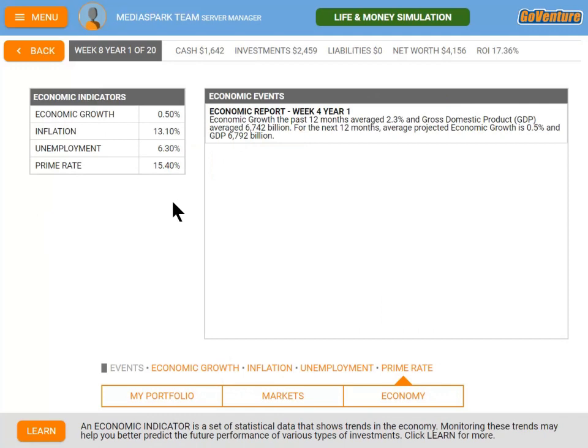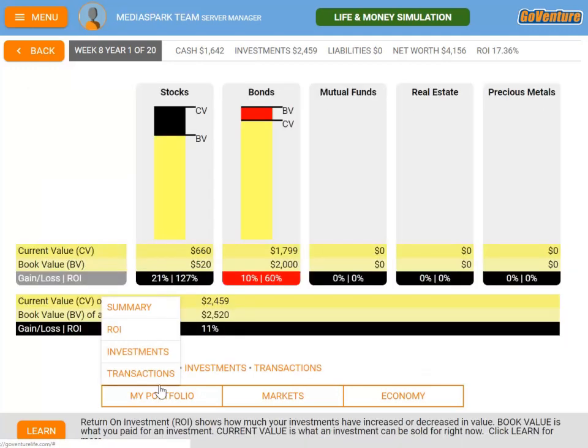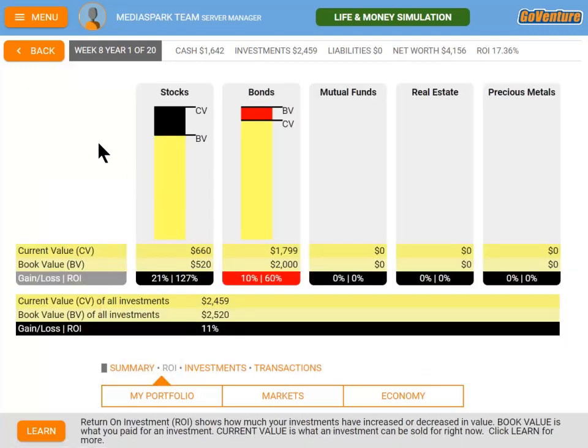But generally what happens in the real world will happen in the simulation, because the investment data is actually based on real world historical data that aligns with the economic indicators that happen in the simulation itself. But the real benefit of having all this in a simulation is you can experience many, many years of economic ups and downs and fluctuations over time, so you can really get an understanding of how money grows and potentially shrinks using different types of investments. And so you can monitor your portfolio and your return on investment in that portfolio as you play the simulation.